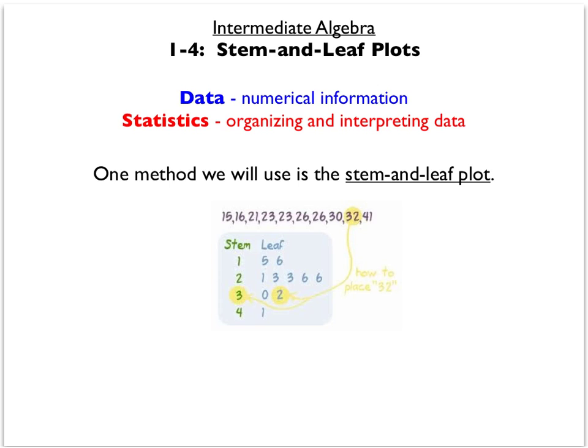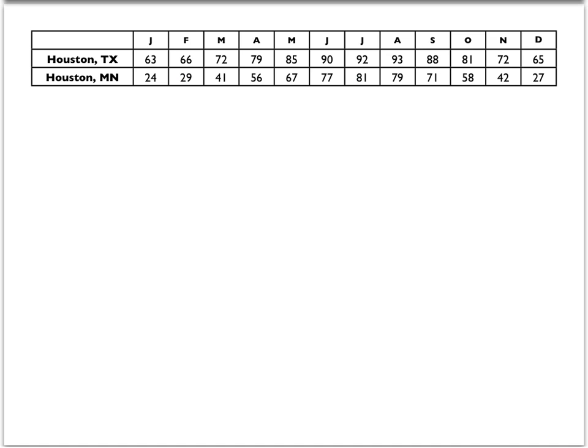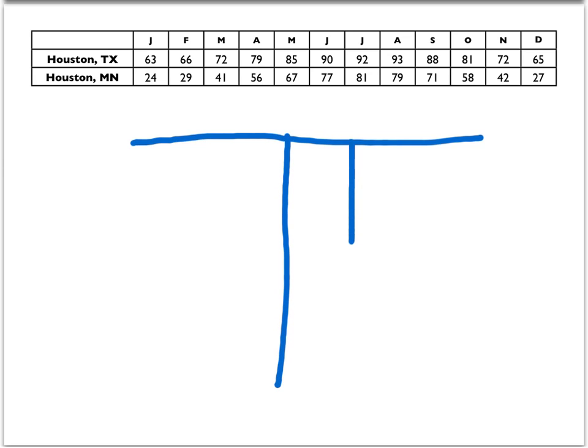All right, we're just going to practice a bit with some other data here. Let's just say we looked at a couple of Houstons in the United States, Houston, Texas, and Houston, Minnesota. We would like to make something called a back-to-back stem and leaf plot to help us organize this data. What a back-to-back plot means is we would write the stem right in the center here, and then we would have Houston, Texas over here, let's say, and Houston,